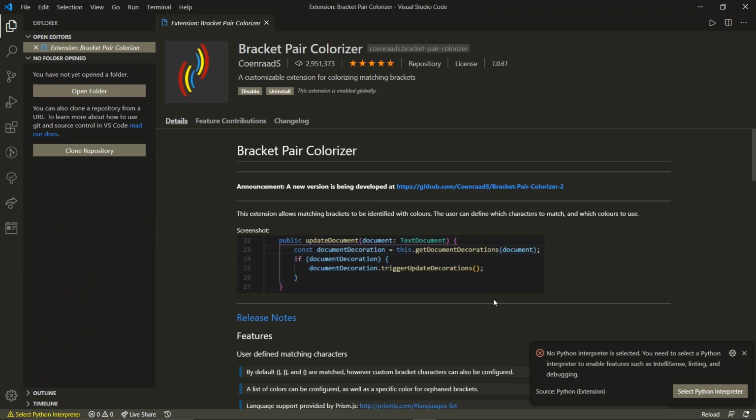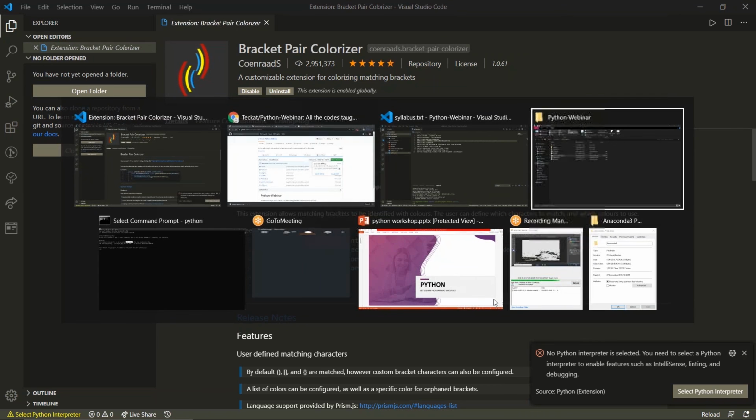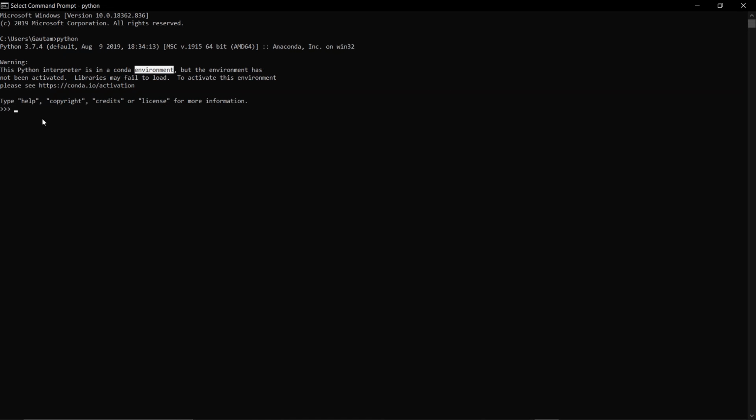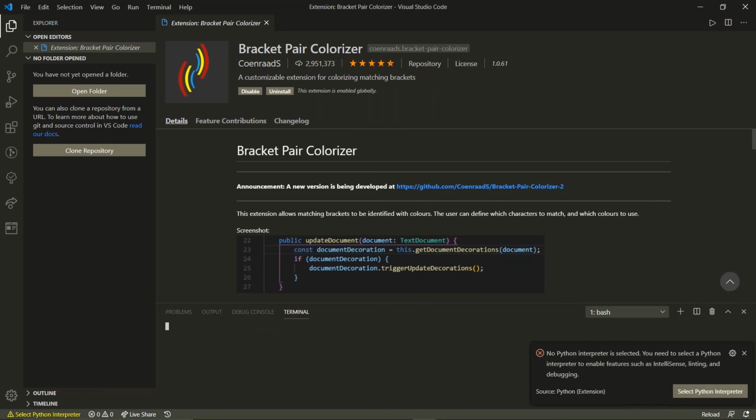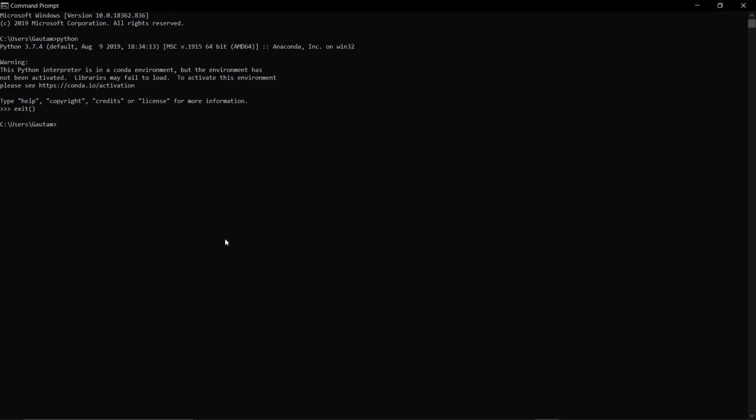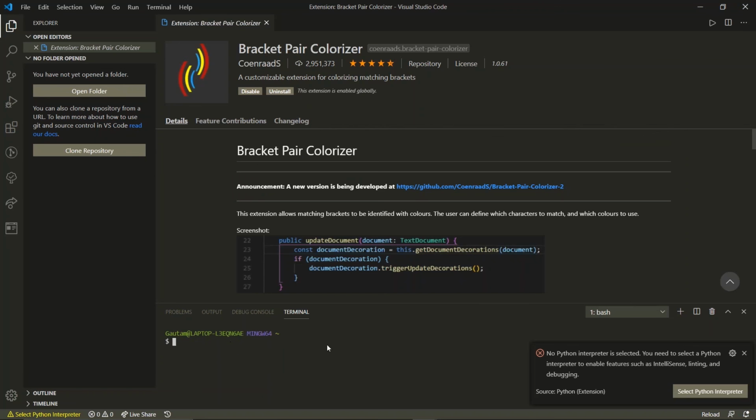So why we are using Visual Studio Code is that we were using this CMD to check if Python is there or not, right? We were using this CMD, but what Visual Studio Code does, if you press control and backtick, just below your escape, there is a backtick sign, then the terminal, the command prompt, this entire section will come over here.